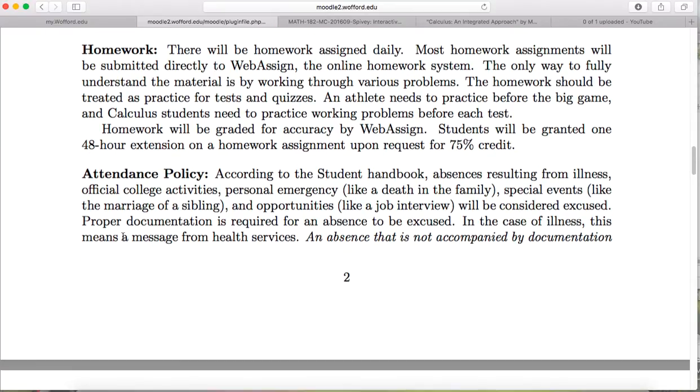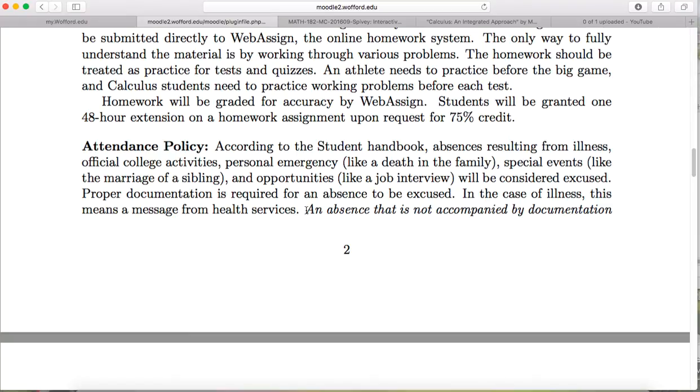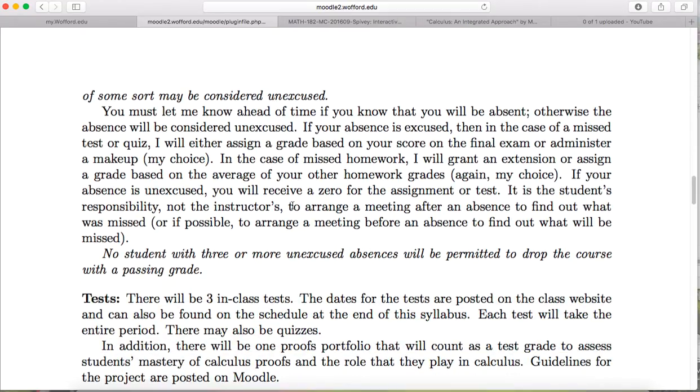Okay. Here's the attendance policy. You can read more about it. I will say you need documentation for an absence to be excused, and you really need to let me know ahead of time if you know that you will be absent, like for a job interview, that sort of thing. This is how I'll be handling missed work or missed tests, that sort of thing, based on